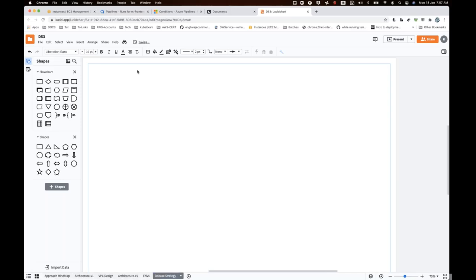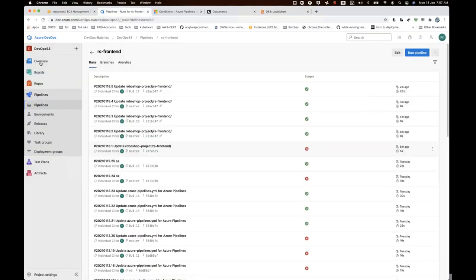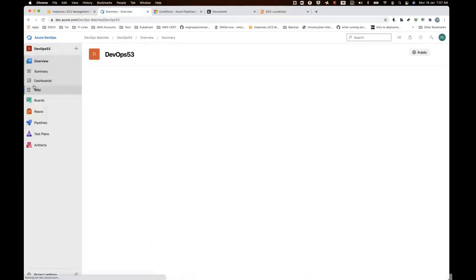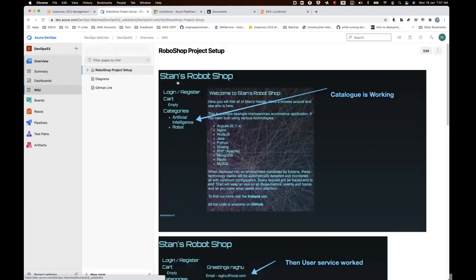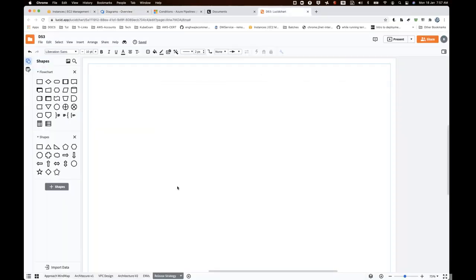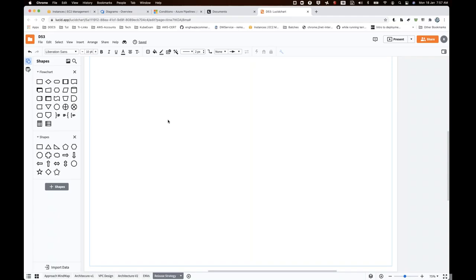I hope I gave this URL for you everyone, right? So let me go and look into the wiki. Diagrams link, is that right? Yeah, all right. Okay, so now a new diagram here, which is the step-by-step procedure of how your release works. Now your whole pipelines are of two types.